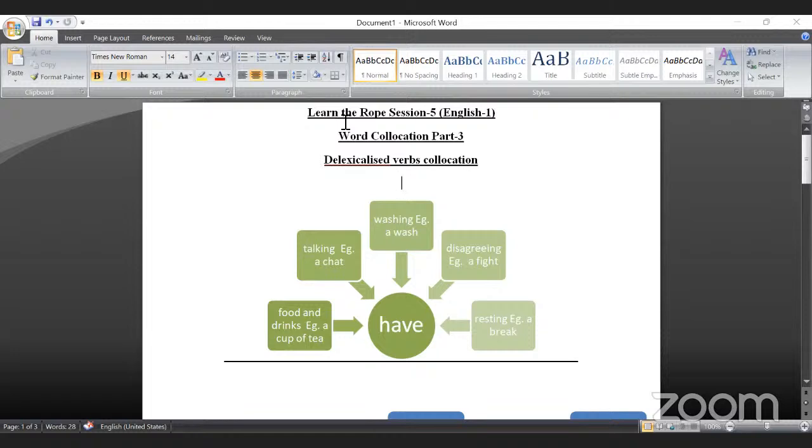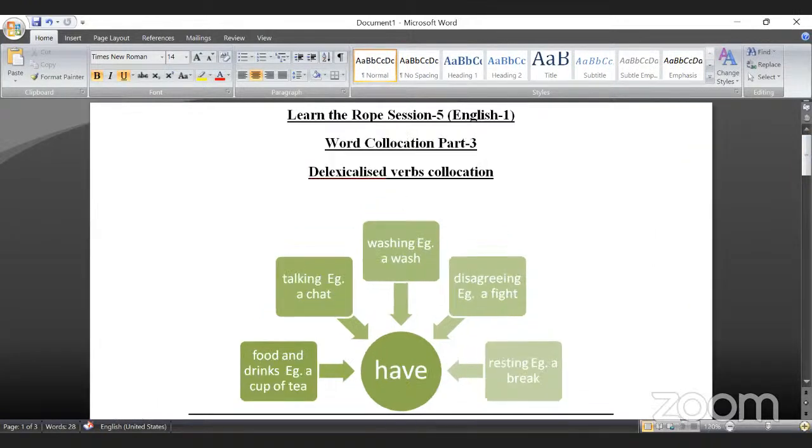So look at the first one, have. Do you see that on your screen? Right? The first one you have is have. Okay. Now, what do you see? You can use the delexicalized verb have along with,